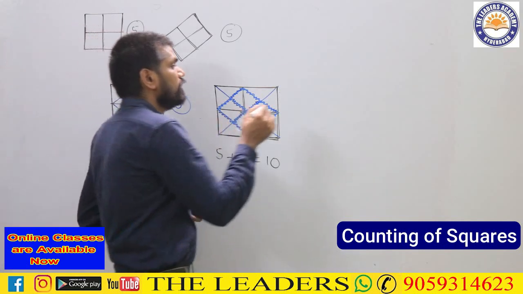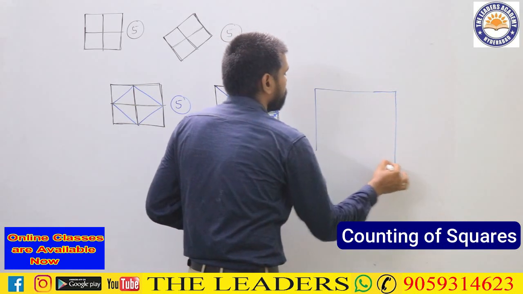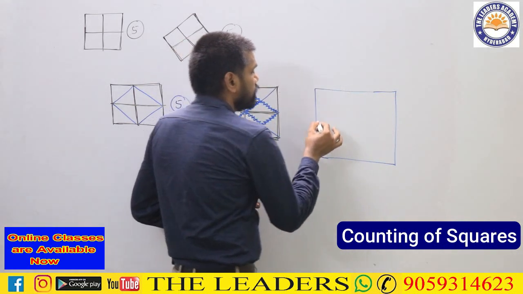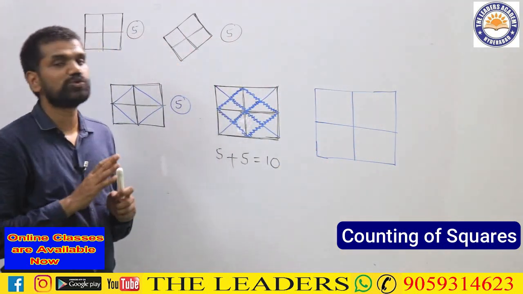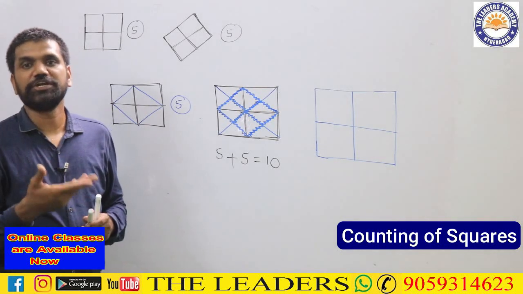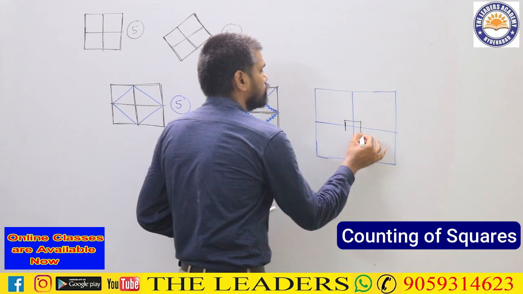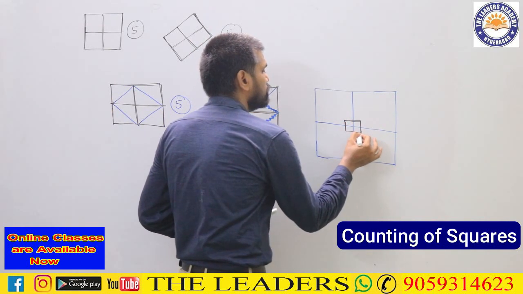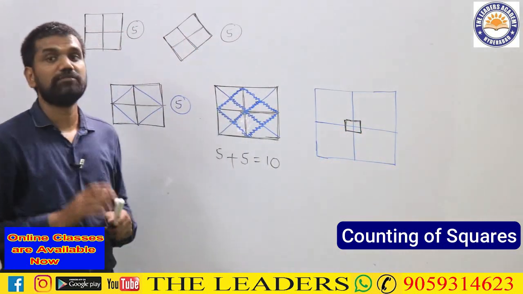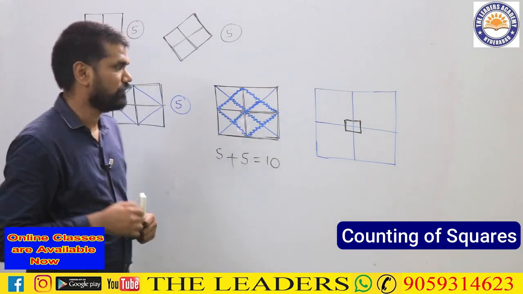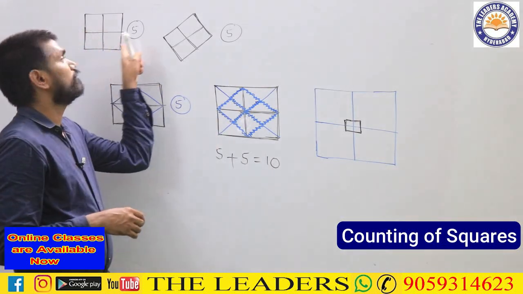Further, if you have a look at this one, we know that this shape has 5 squares in that. I'll extend it now. If I am putting another smaller piece over here, this one, total number of squares in this structure now will become how many? Now observe carefully. This entire structure is giving me 5.